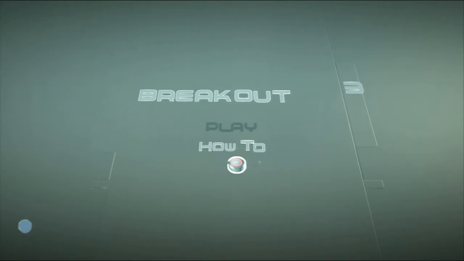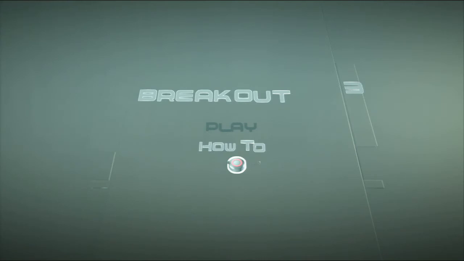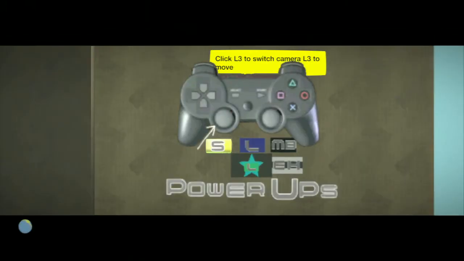So how to, press circle. Click L3 to switch camera, L3 to move. What? That makes no sense. I think he means use the left analog stick to move. L3 is a button, right? The left analog stick is not L3. When you click it like this,